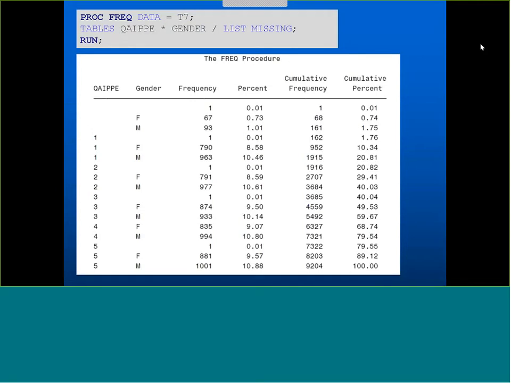So you'll notice that all the values are here with the exception of the row and column percentages. And you'll notice that you can see across the table each of the permutations and combinations that were available in the previous table. So you can see that in the first row, it's where socioeconomic status was missing and gender was missing, and that actually only occurs once, so the frequency is equal to 1. The second row down is where socioeconomic status is missing, but then gender now is female, and that occurs 67 times. Likewise, the third is where socioeconomic status is missing, gender is male, and that occurs 93 times, and so